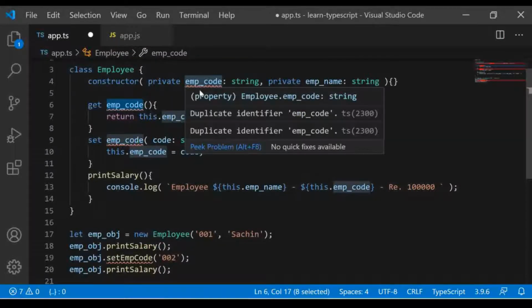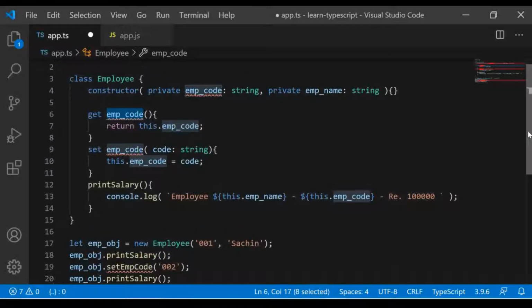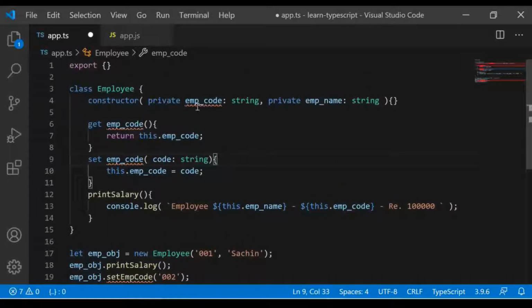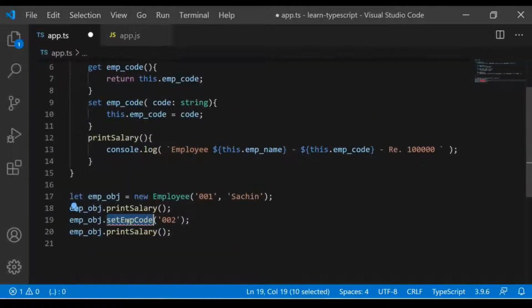Now since these are both available here with the same name, it is complaining because employee code is duplicated here. So what to do, as a convention we can prepend this one with the underscore. We have this get employee code and set employee code. Now we can implement the same thing, but we don't have to call it like this. Instead we can use this employee code as it is, like a variable.